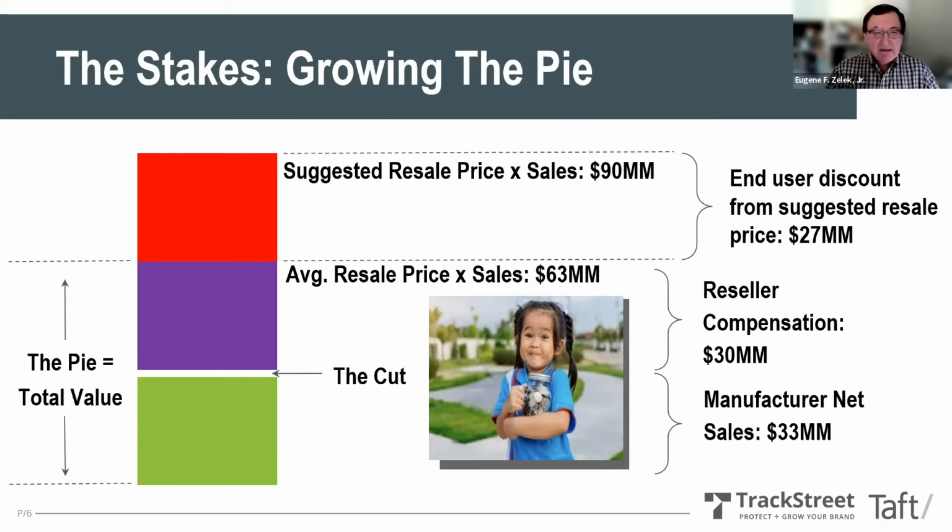And then what's key is two things. First is managing the cut. What I mean by that is the acquisition price that the reseller pays, net of all discounts, allowances, free goods, you name it, determines who gets how much of this total value. In this particular example, the manufacturer winds up with about $33 million of the $63 million, where the reseller gets $30 million. But the cut is a bit beyond what we're going to be discussing today and really deals with trade spending and other issues. What's more important for today is this average resale price.